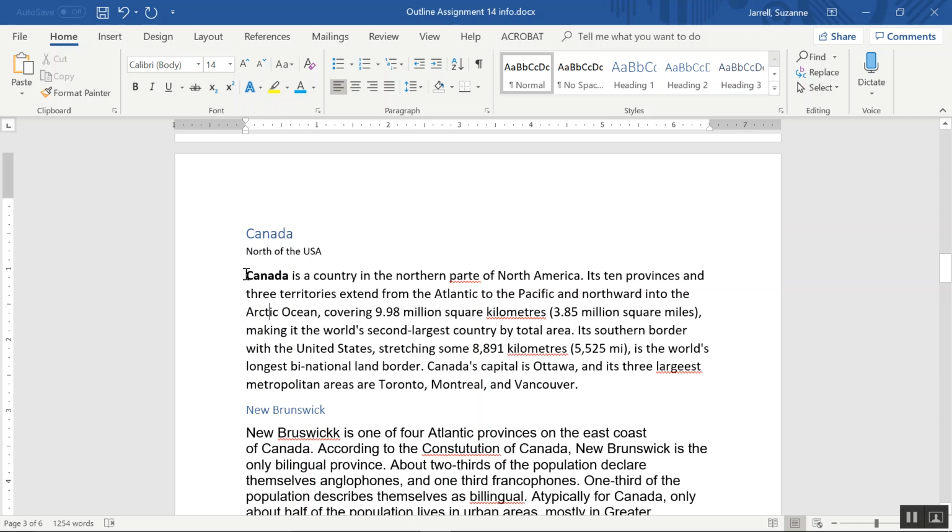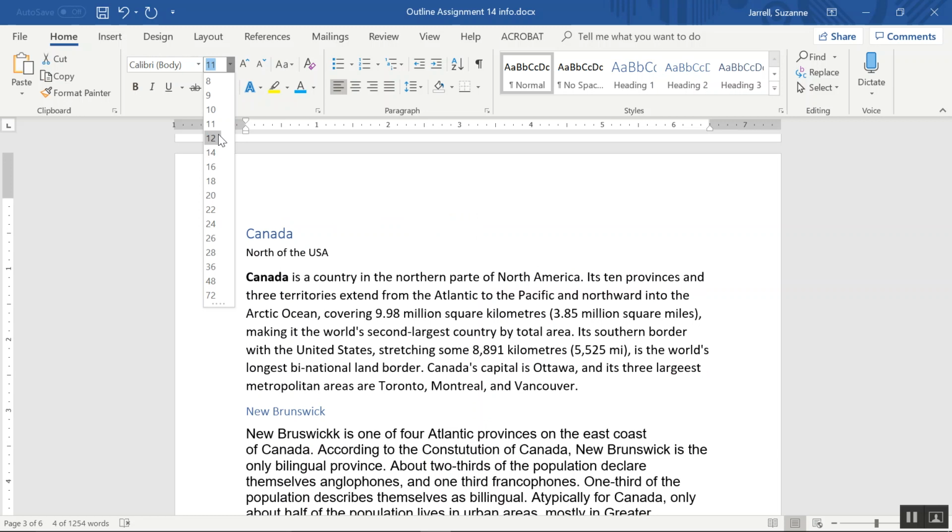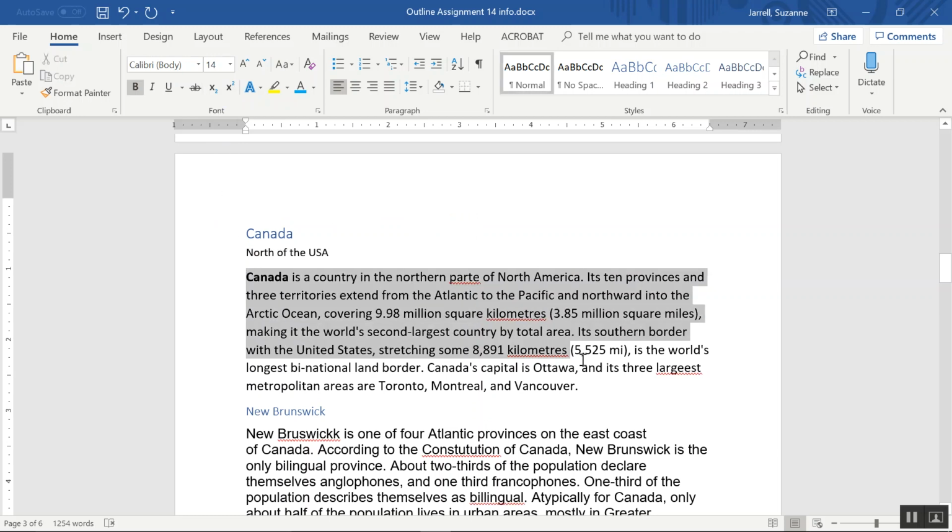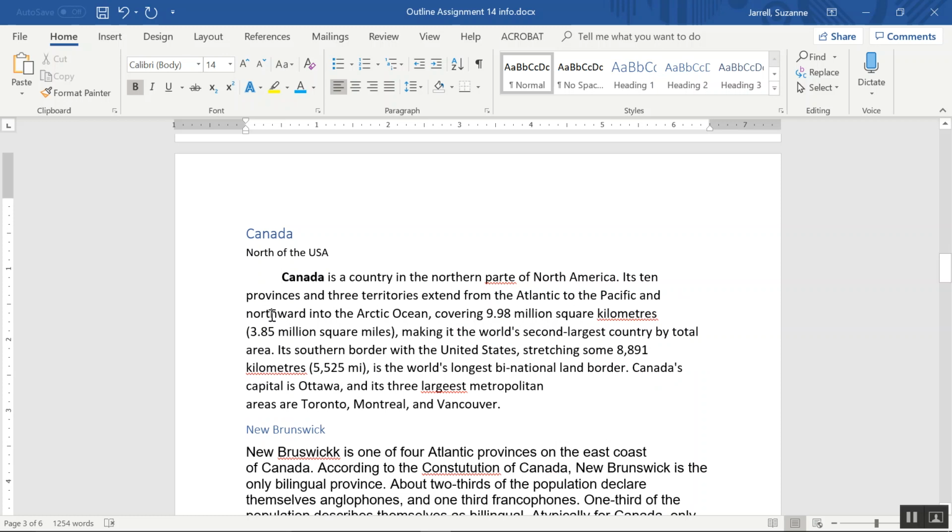So first of all, we'll go to north of the USA, and that's only at 11. So go ahead and change that to 12. Then we're going to go here, and this is a paragraph. What is the first thing you should do with a paragraph? You should indent a paragraph. So to indent a paragraph, you're going to put your cursor right before Canada, and you're going to hit the tab key, and it will indent it. So now you have an indentation,